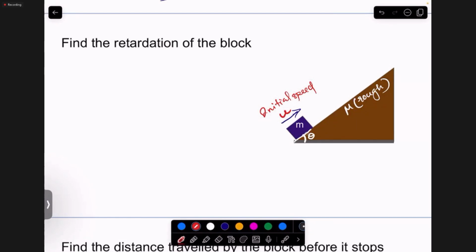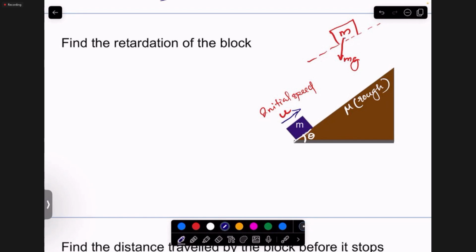So retardation is caused by what? Friction force, which is provided by the rough surface of the inclined plane. So we need to find the frictional force first, and then with that frictional force, you will find the retardation. So what will you do? First, you will draw the free body diagram of this block. This is the block, of mass m. So mg is the weight acting downwards,